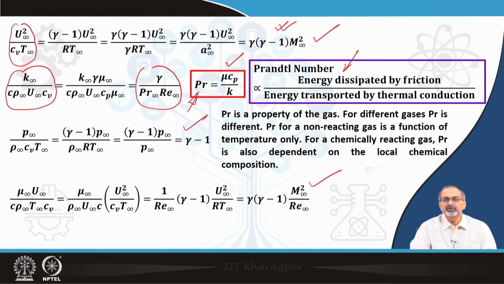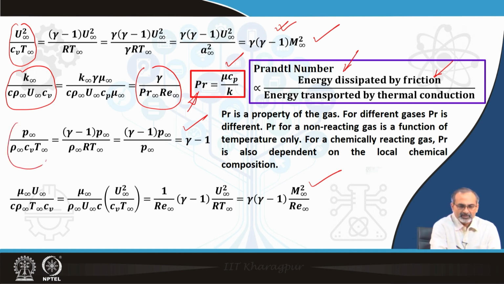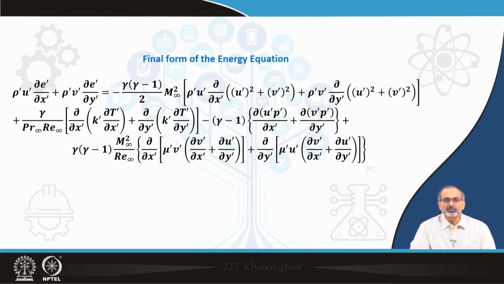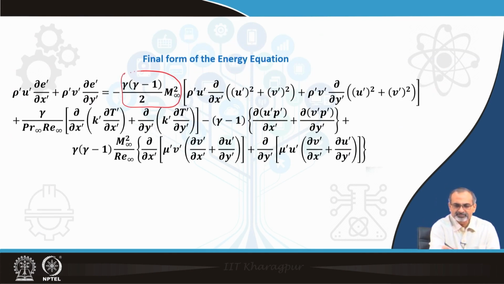So, Prandtl number is proportional to the energy dissipation through friction and energy transport through thermal conduction. So, you may recall that we talked about viscous dissipation in the boundary layer, and this energy dissipation by friction has to do with that. The collection that you see over here is linked with gamma, and the last one here is linked with gamma, m infinity and Re infinity. If you put all those things together, now you see those new forms coming up over here in the form of coefficients,